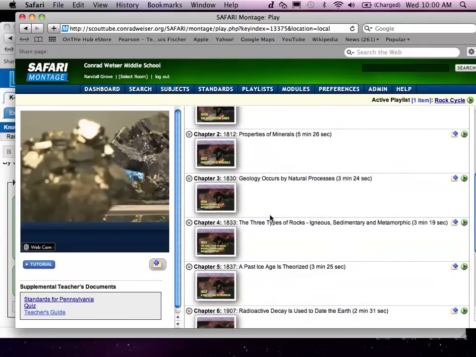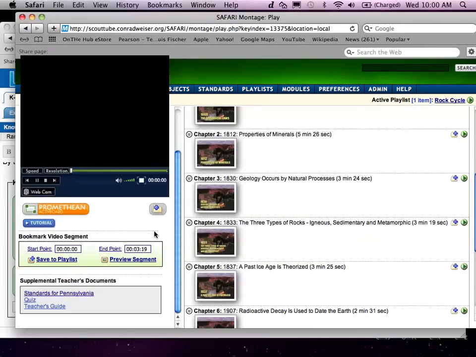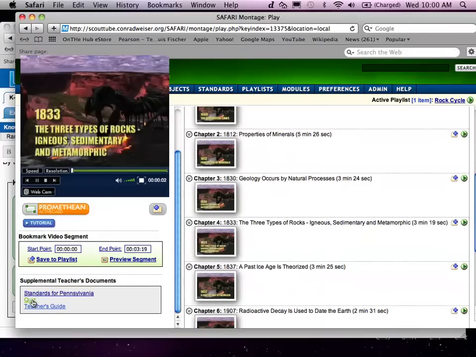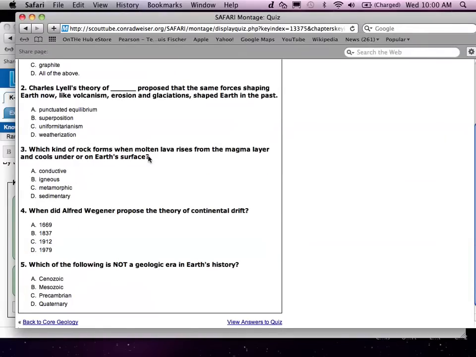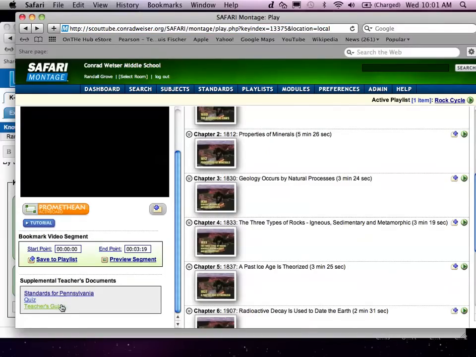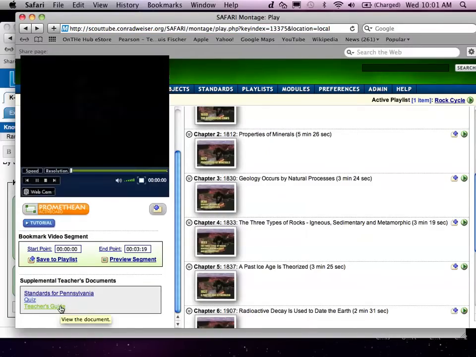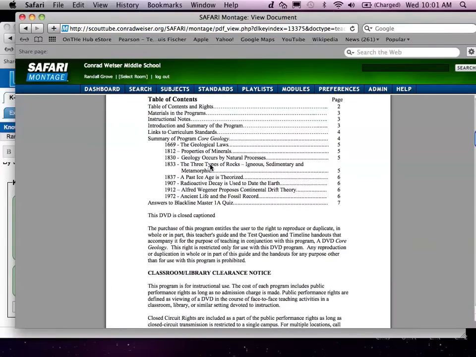And yeah, there's one of the 3 types of rocks. That looks really interesting. So I would preview that. I have previewed it. It's a good one. And just so that you know, there are some of these videos, and this one in particular, there's a quiz that I can drag in. Answer keys are there. And what's nice about this particular one, there's also a teacher's guide. Now, the teacher's guide goes for all of the different segments, but I could download that, and there's the segment that I'm going to work with,